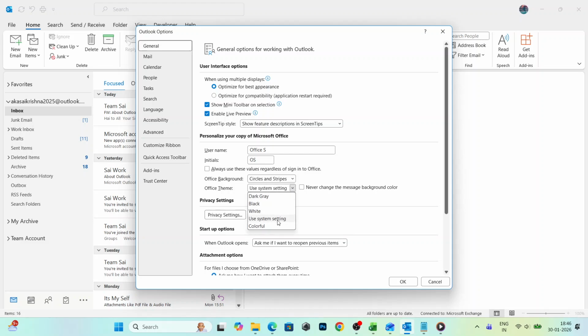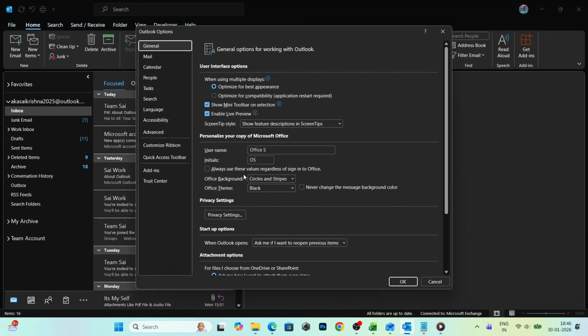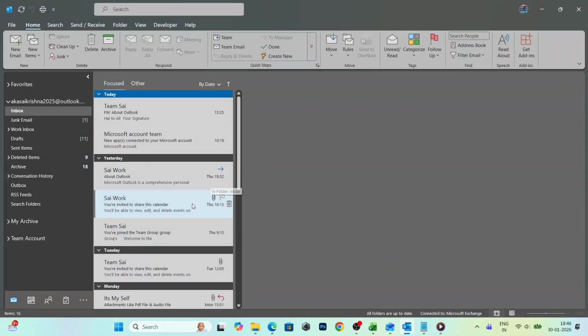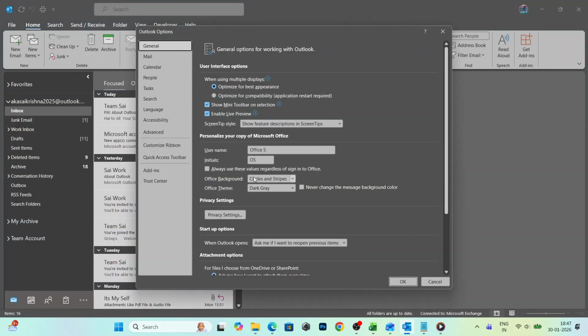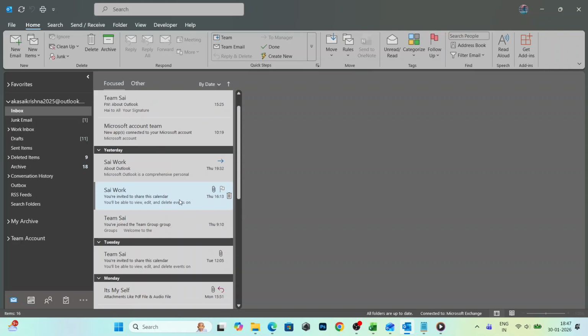This controls the look and feel not just of Outlook, but often other Office apps on your computer as well. Choose Black if you want full dark mode across the interface, which gives you the deepest contrast and is easiest on the eyes in low-light environments. If you prefer something a bit softer, select dark gray for a toned-down, professional look, without going fully black. Once you've made your choice, click OK to apply the change. You should see the update immediately, and you can come back here anytime to switch themes as your preferences or